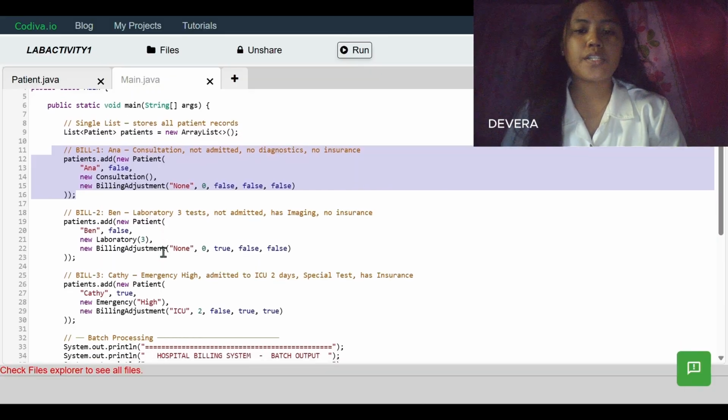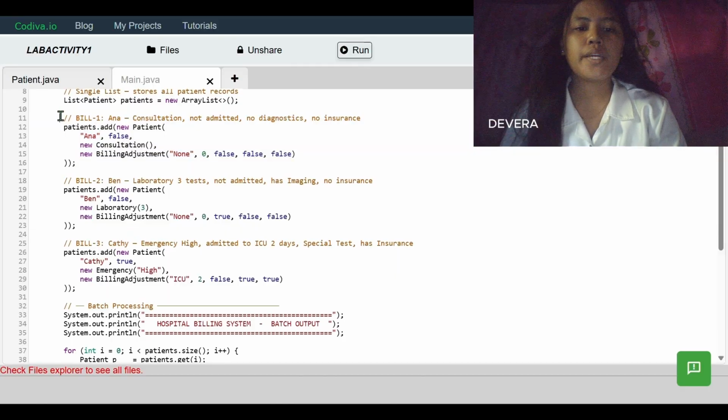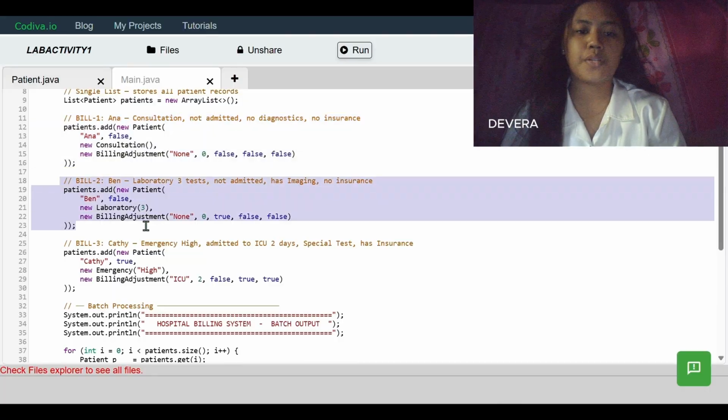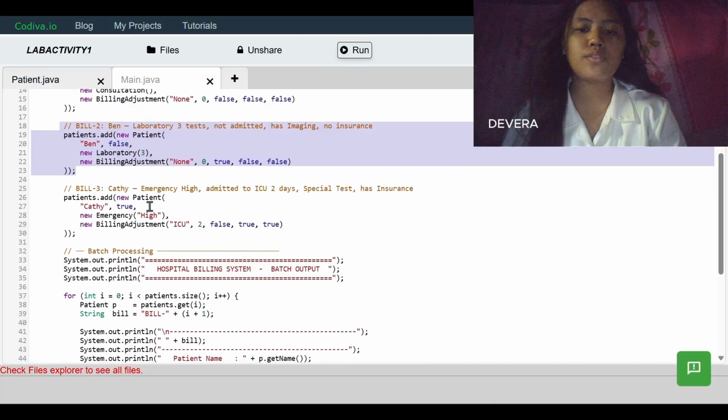patients.add(new Patient(Anna, false, new Consultation, new BillingAdjustment(none, 0, false, false, false))). We create a patient named Anna. She is not admitted. Her service is consultation and she has no extra charges or insurance. Second patient, patients.add(new Patient(Ben, false, new Laboratory, new BillingAdjustment(none, 0, true, false, false))). This creates Ben. He is not admitted, had 3 lab tests and includes